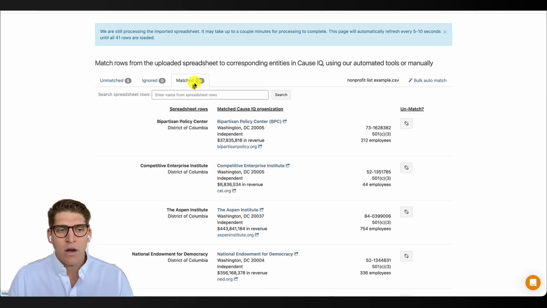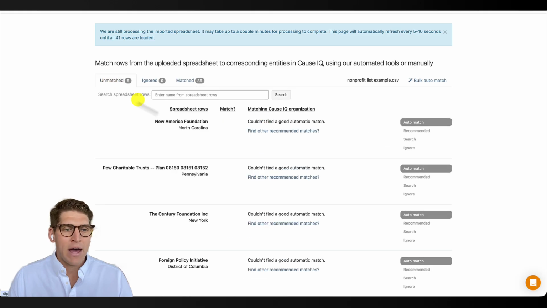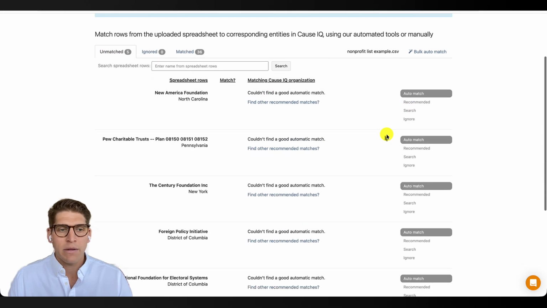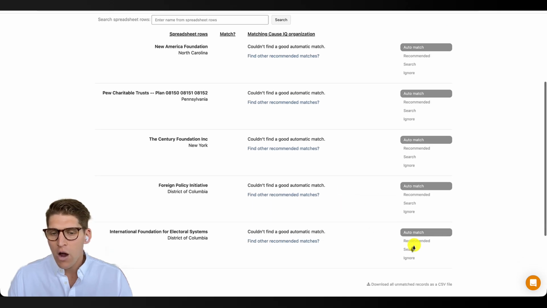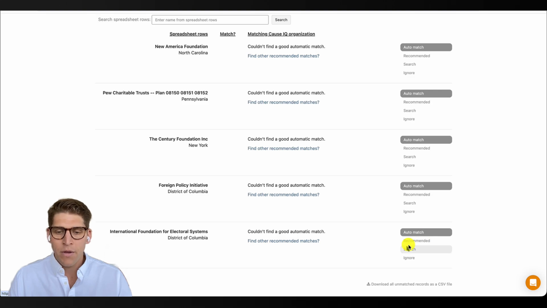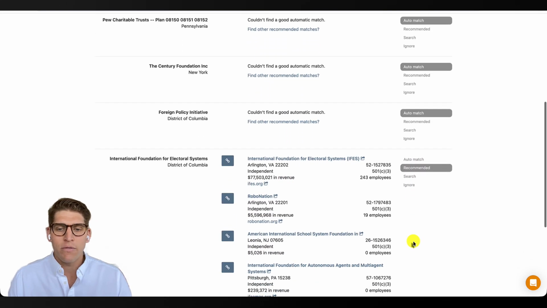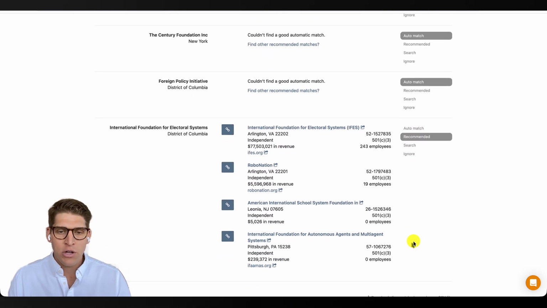I was able to auto match 36 of the 41 records. If I come back to unmatched, I can still find corresponding matches a few different ways. So from these 5 unmatched records, on the right side, I'll have a couple different options under the auto match that's selected here. Recommended will show up to 5 good fit matches that failed the auto match just somewhere through